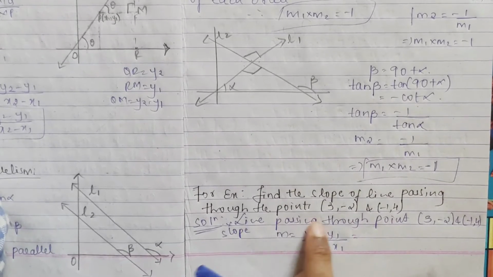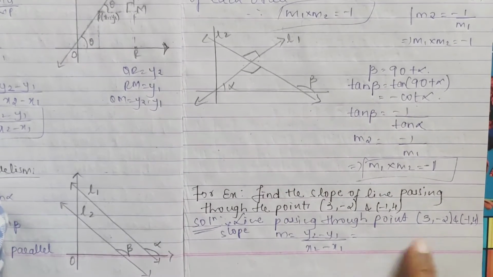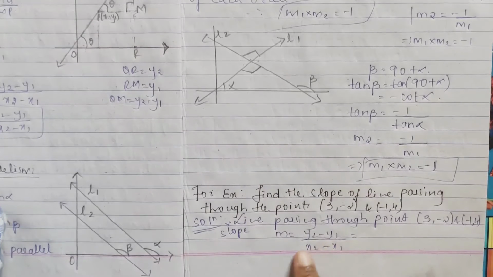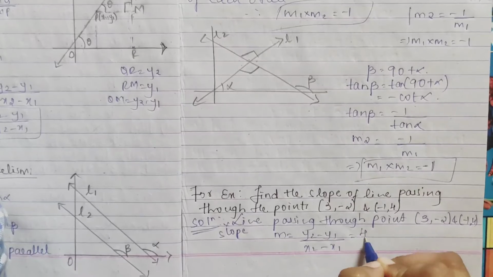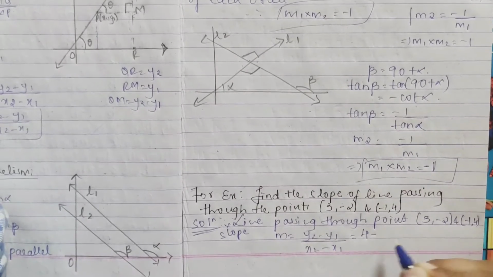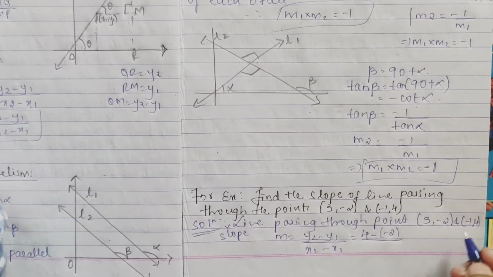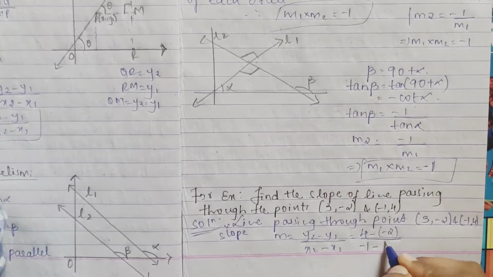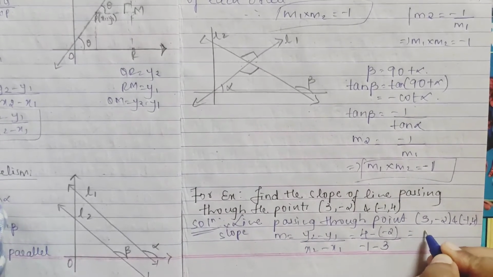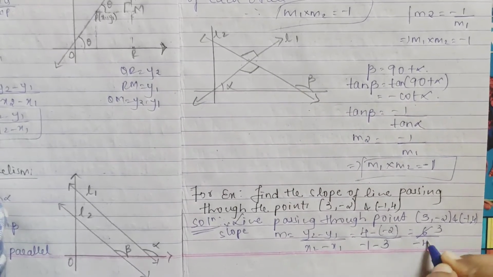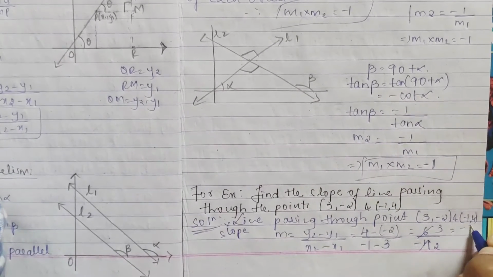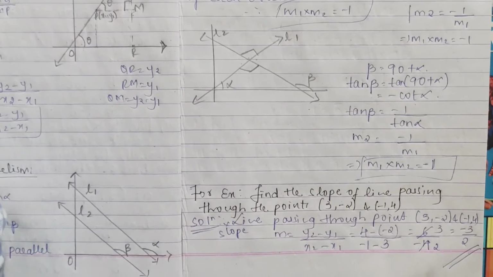So, the slope of the line passing through the points (3, -2) and (-1, 4). How is it given? m is equal to y2 minus y1 divided by x2 minus x1, right? So y2 minus y1 is 4 minus (-2), divided by x2, which is -1, minus x1, which is 3. So I get 4 plus 2, that is 6, over -1 minus 3, which is -4. So 2 threes are 6, 2 twos are 4. So your slope is -3/2. Understood? That is how we have to use the formula.